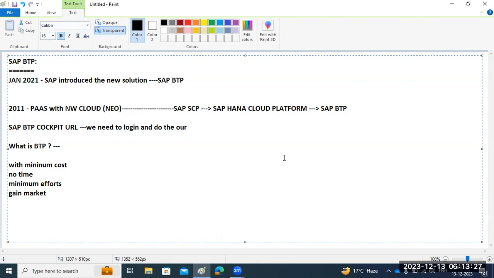Also, you need a separate data center. Again, you need to purchase the place. So many things are there, right? If you want to build an SAP infrastructure or anything, you need separate things. All those things you require separately here. But in this case, the customer doesn't want to spend much money here, and also they don't have any time. They have to gain the market fast, with minimum effort and minimum cost.